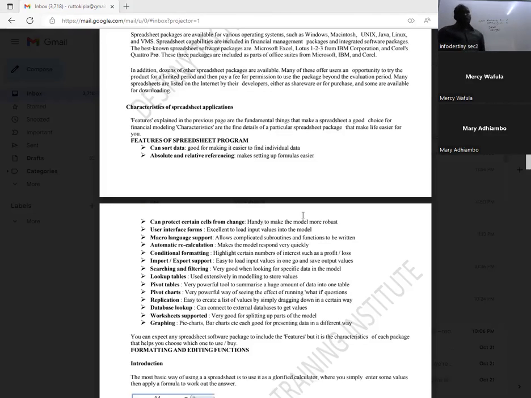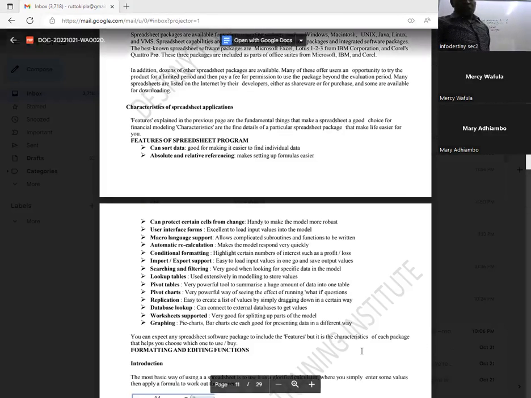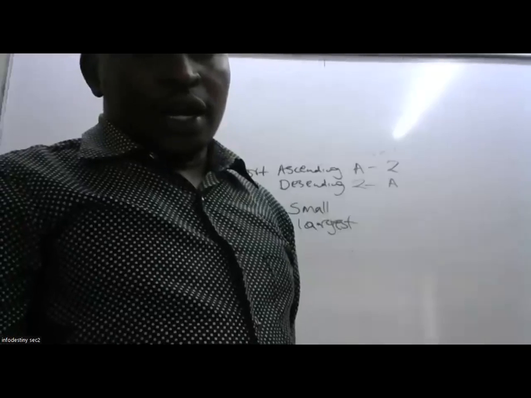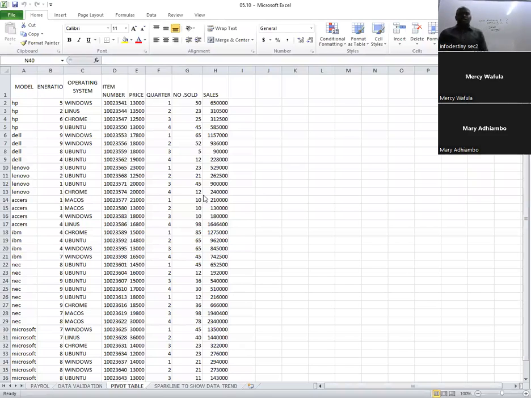So I'll demonstrate how to do that practically. I will stop sharing the screen for the notes and then go to another screen. That is an example of a data set. We have the model, we have the scenarios,